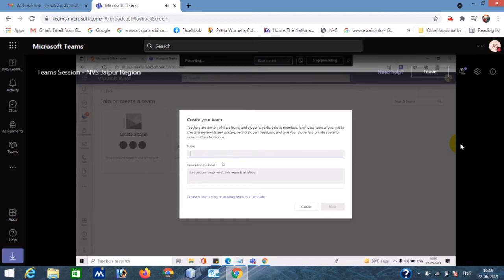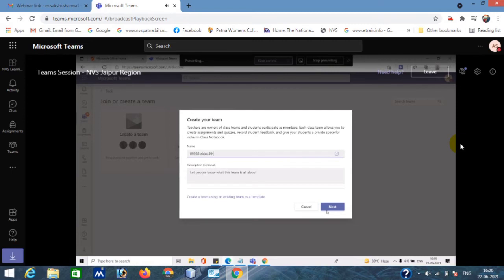So let's suppose you are going to create a class 4th, and what is the code? The naming convention you have to follow is already provided to you by your school. So accordingly you have to follow the naming convention. Let's suppose there is some code before the name and then the class name. So let's suppose this is the class name, class 4th, right?